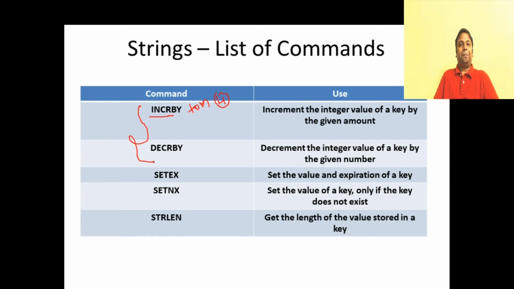Okay. So the next thing that we have to look at is set expiration. What is set expiration? For instance, I set a particular value, say for instance set name to be Jeff. So for the name key, I'm giving the value as Jeff, and I can also set an expiration time for this key value pair. For instance, I can say SET name 10 seconds Jeff. So this key value pair will be alive in my database only for 10 seconds.